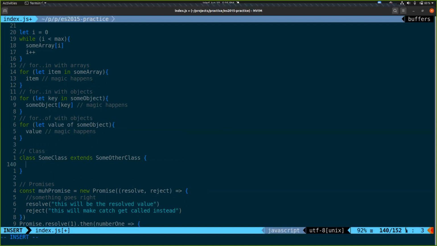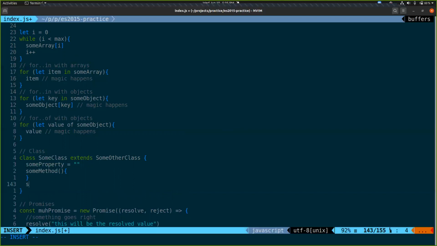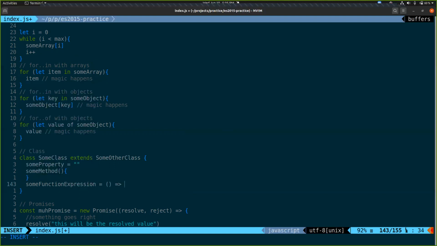You can assign properties. You can make methods. You can also kind of mix and match those and do some function expression like that.